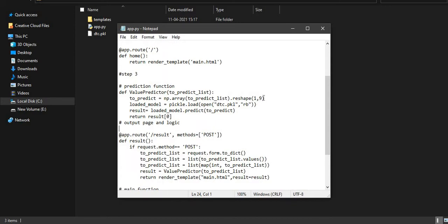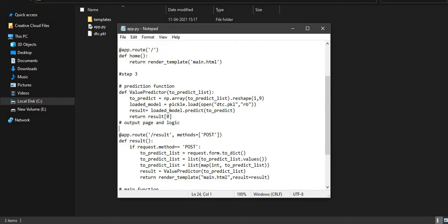I have reshaped it to 1 x 9. I have created the HTML in such a manner that all the variables are in the proper sequence, v1 to v9. I have not taken id, so I have removed id and taken from v1 to v9.